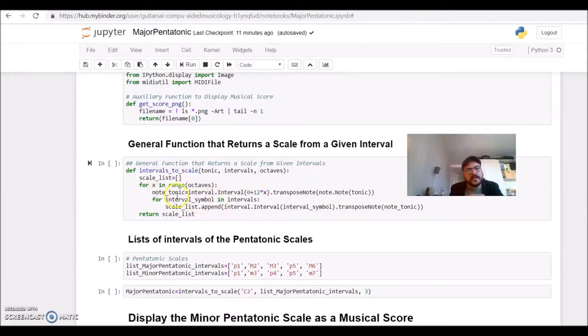Then I am creating a note from the tonic. We are passing a string, and I'm creating a note using the Music 21 library. I am just transposing the tonic: if it's the first octave, it will be a perfect first. If it would be a second octave, I need to transpose it 1 octave higher. So this is what I'm doing here. For every octave, I'm getting what is now the tonic octave, so I can create the notes from the intervals